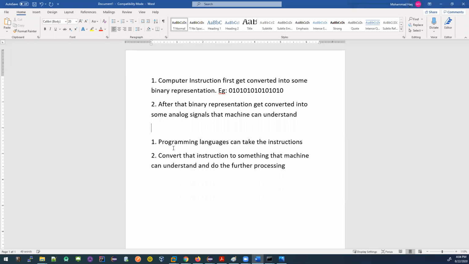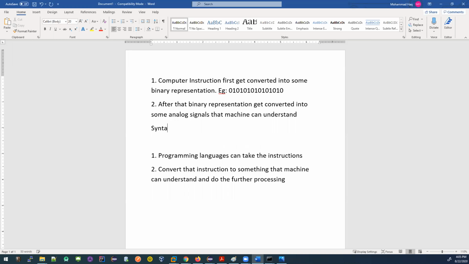So any programming language that you can see right now, it might be C, C++, Java, Python, Perl, Groovy, Scala, any programming language. They all do the same thing. They take the instruction, you are giving the instruction through the programming language. Now every programming language has a different way of writing the instructions. When you say coding, what you're doing is writing down some instructions following the syntax for that programming language. Now syntax means what?